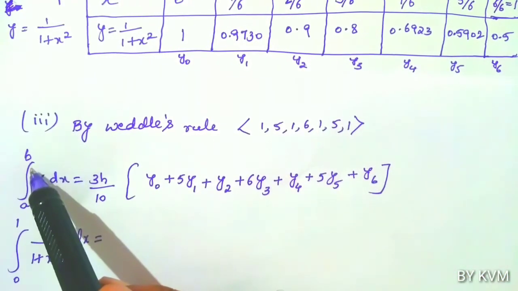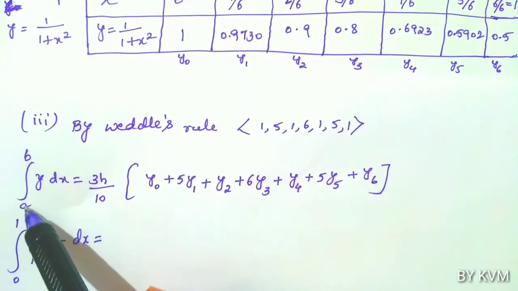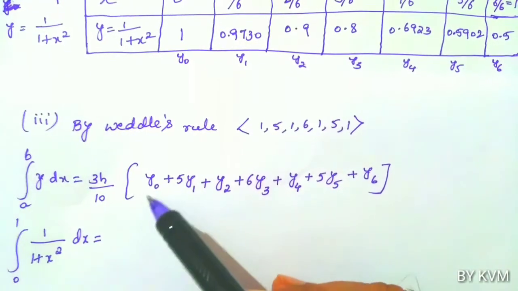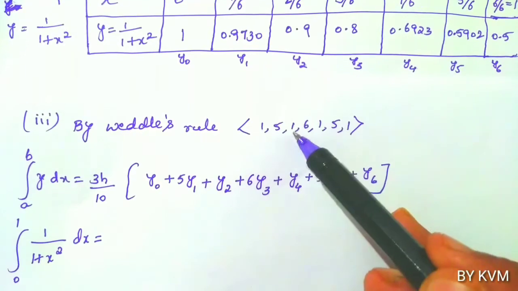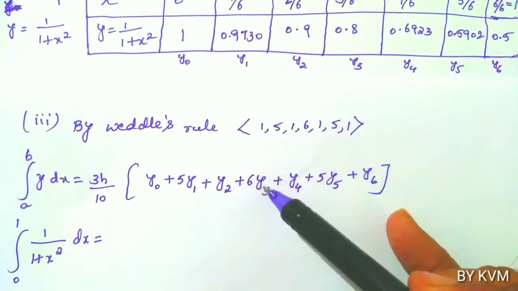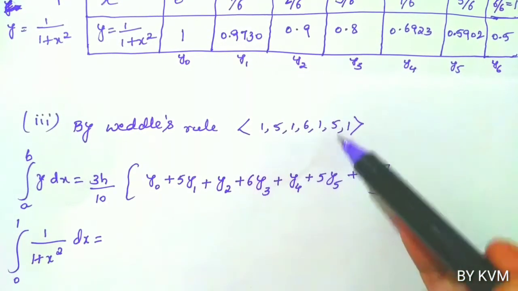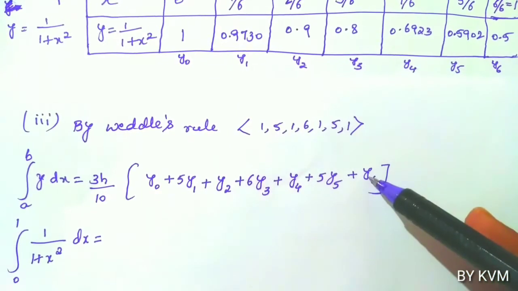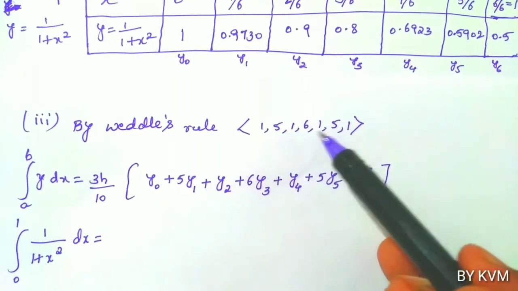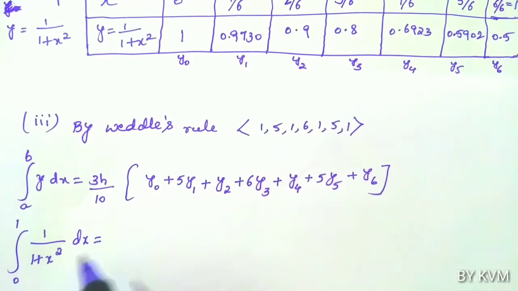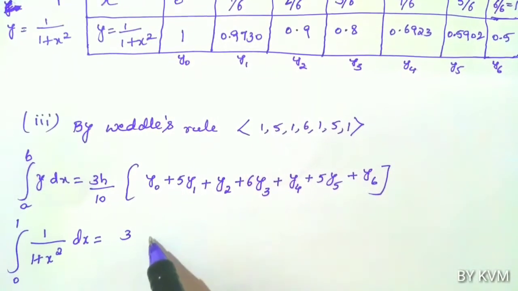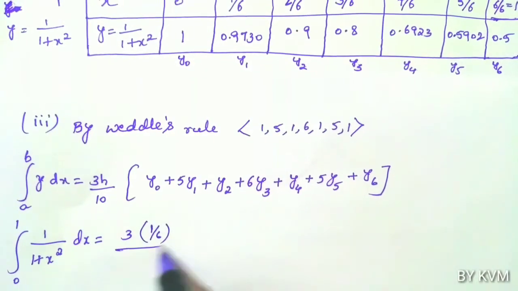So we know how to write the formula, already we have discussed. Integral from a to b y dx equals 3h by 10 into 1 into y0 plus 5 into y1 plus 1 into y2 plus 6 into y3 plus 1 into y4 plus 5 into y5 plus 1 into y6. 1, 5, 1, 6, 1, 5, 1. So integral from 0 to 1 of 1 by 1 plus x square dx equals 3 into h is 1 by 6 by 10